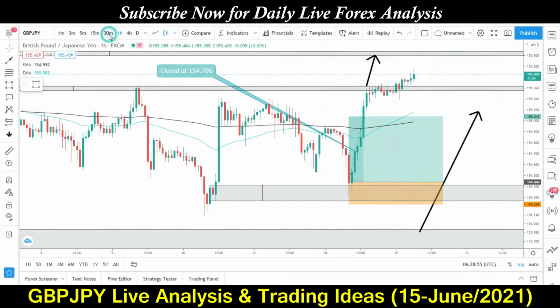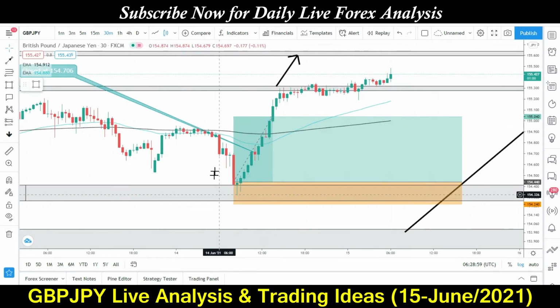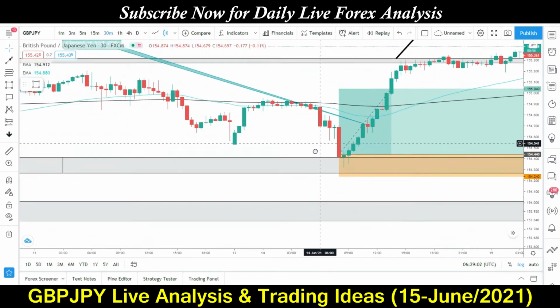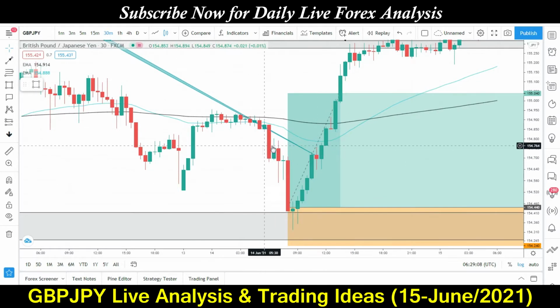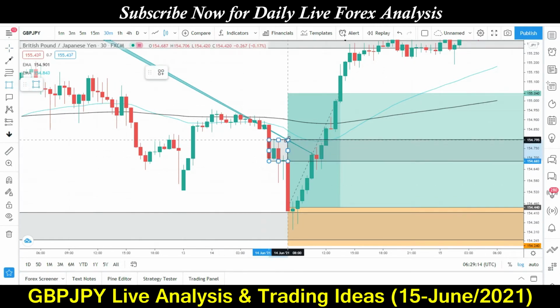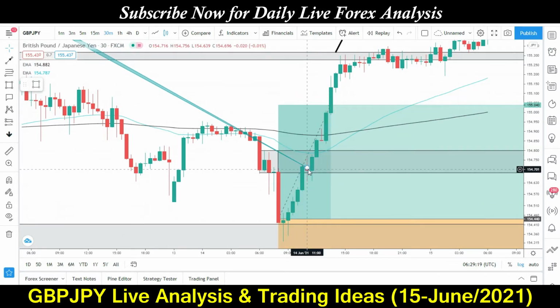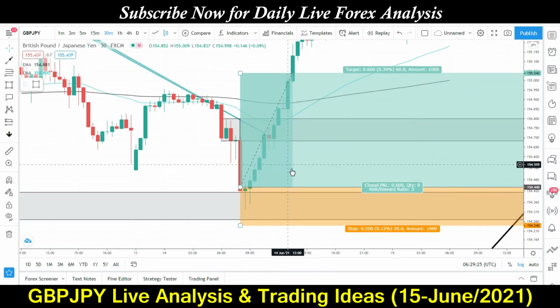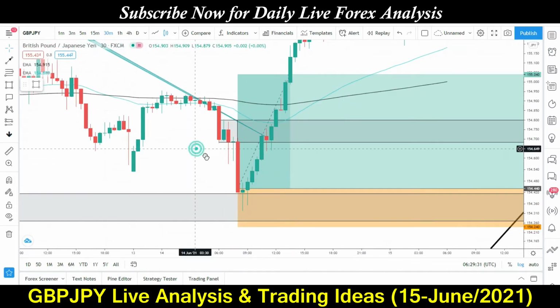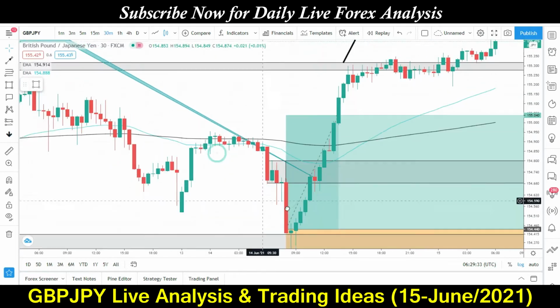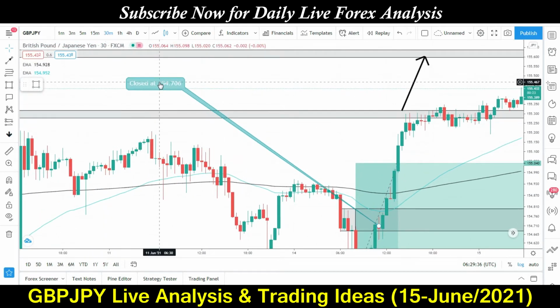But if we move to the M30 time frame, look here, the market comes down, opens my order, and the market was here almost. So this was the supply area. If you look here, this was also a supply area on the M30 time frame. And when this bearish candle closed in this supply area, there was a high probability chance that the market will come down again into this demand and then move up. But this didn't happen. But when this bearish candle closed, I closed my trade